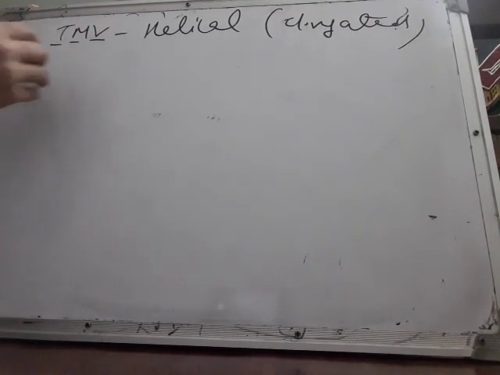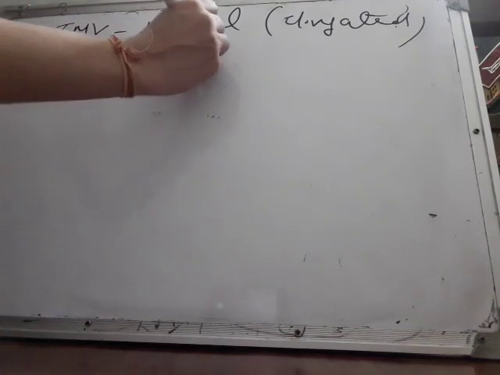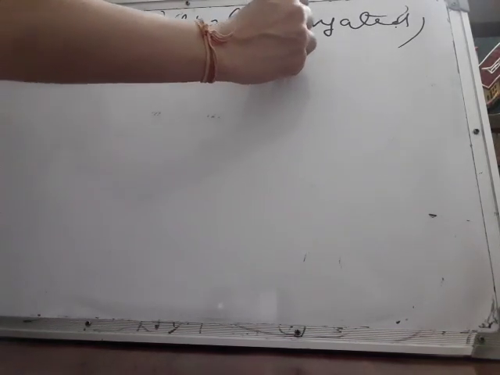They may be cuboidal, cube shaped, or they may be elongated, helical shaped, like in TMV, tobacco mosaic virus. It has a helical structure. Helical means elongated structure, long structure, TMV. They may be cuboidal in shape, cube shaped, as found in the poliomyelitis virus, the virus which causes polio. So this is all about viruses.